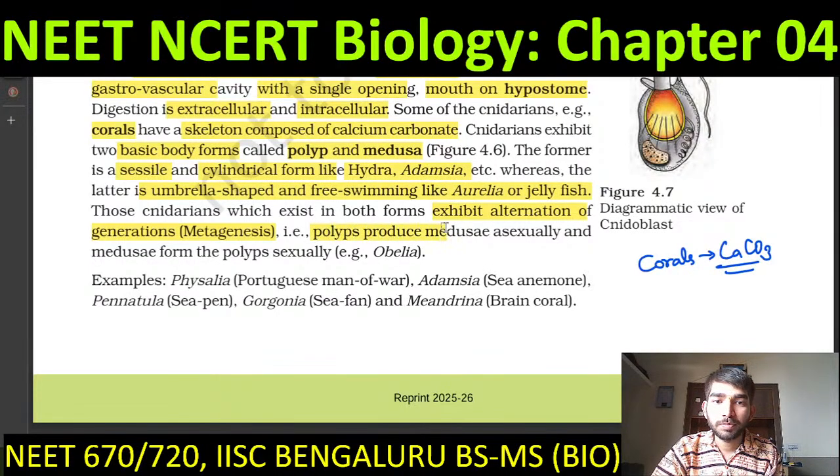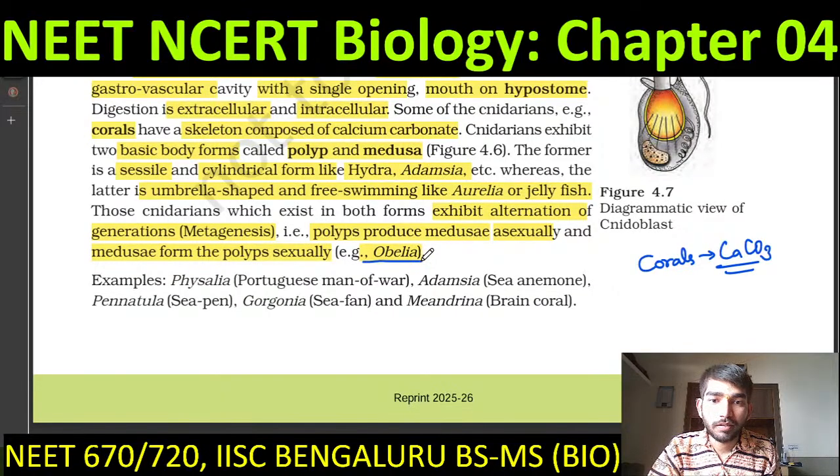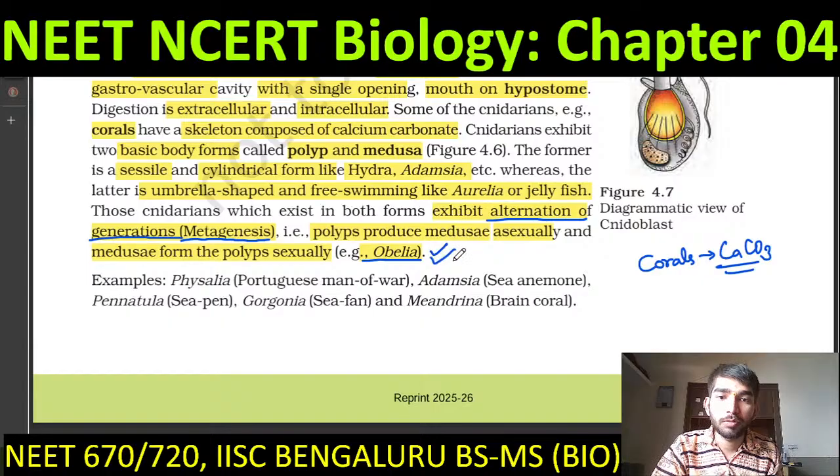So polyps produce medusae asexually. So polyp to medusa is asexual reproduction, and medusa form the polyps sexually. From medusa they will form the gametes, and then they will fuse and form the polyps, which is sexual reproduction. This is seen in Obelia. So remember this example. This is very important. The examiners can ask you which organism shows alternation of generation, or just to confuse you, they can throw this jargon metagenesis, and you should be able to answer that it is seen in Obelia,